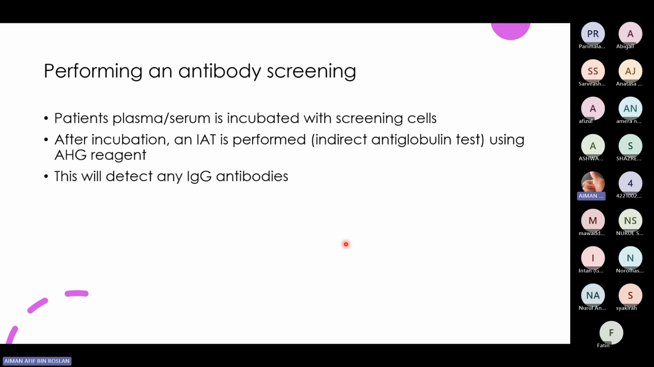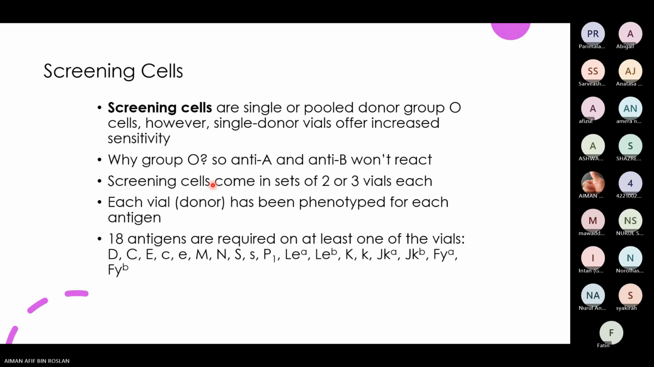Performing an antibody screening, the patient's serum is incubated with the screening cells. After incubation, the indirect antiglobulin test is performed using AHG reagent. This will detect any antibodies present in the patient serum. Okay. Now for the screening cells,